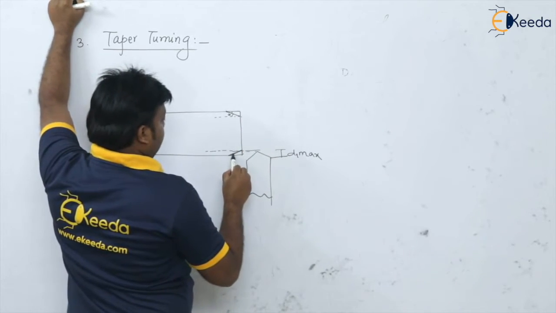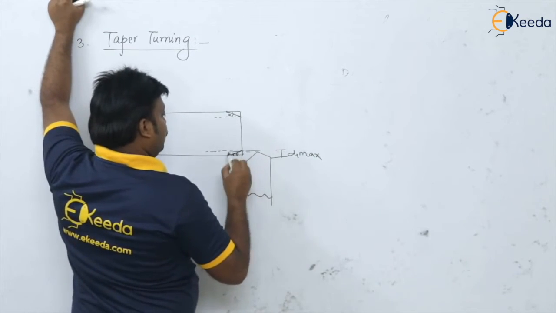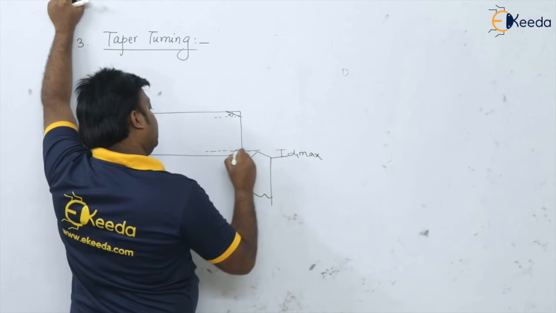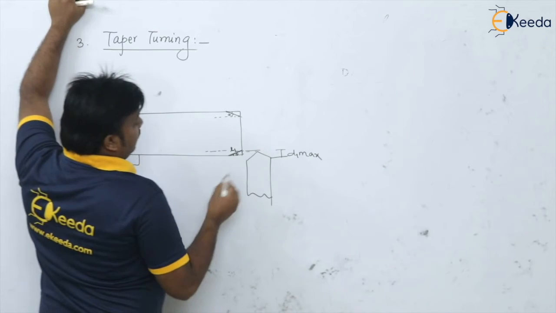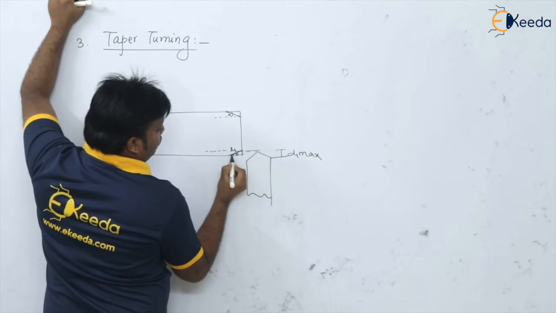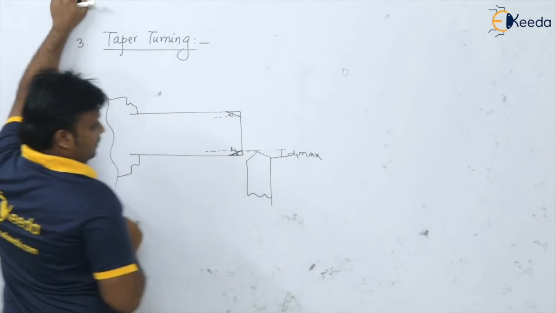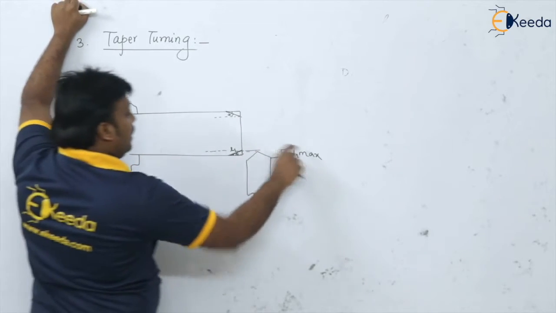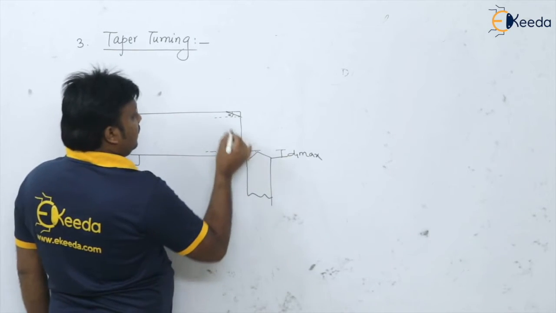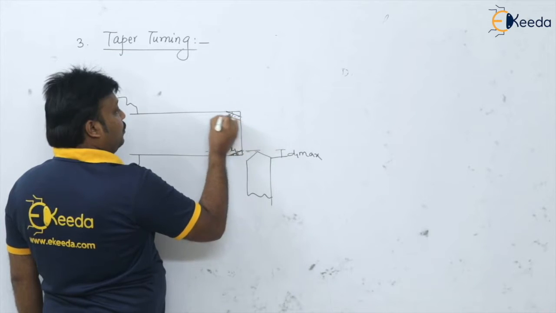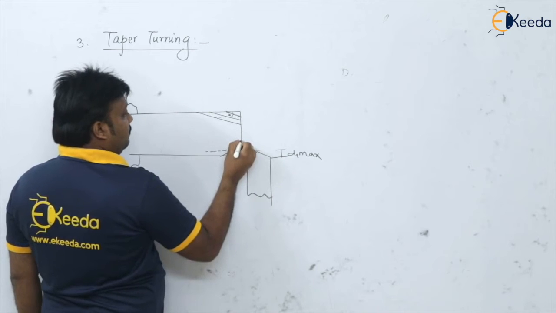Okay, so this is the value of taper angle theta. Here, say for the first cut, the length of the cut is L1, and the angle, which is the taper angle produced, is theta, and the depth of cut is d1 max, which we have chosen as the depth of cut. Again here, we are going on with a number of cuts to get the required taper